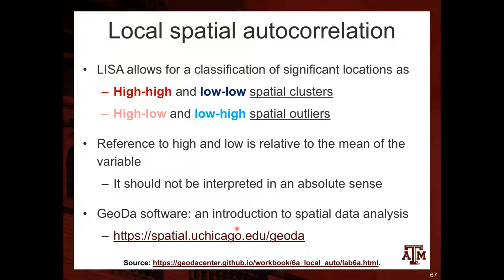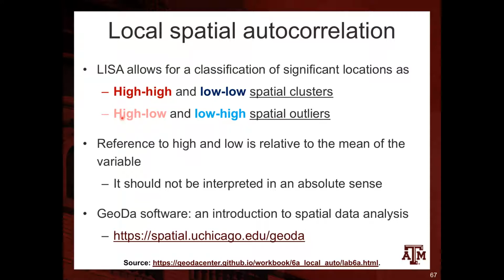So just to explain this local spatial autocorrelation, the LISA allows for classification of specific locations based on statistical significance of our indicator of interest on space. So it pretty much creates four groups. Two of these groups are the spatial clusters: areas that have high levels for a specific indicator and are surrounded by areas with high levels, and areas that have low levels for that specific indicator, surrounded by areas with low levels. And then the other two groups are known as the spatial outliers,